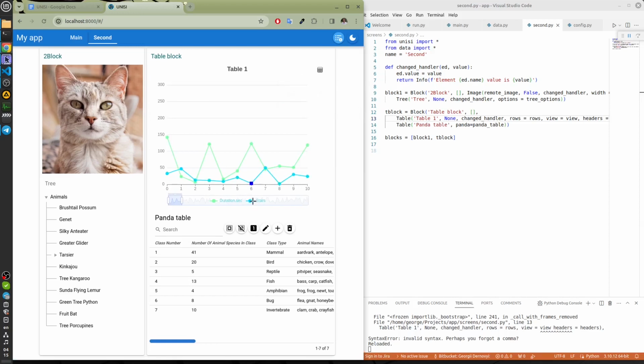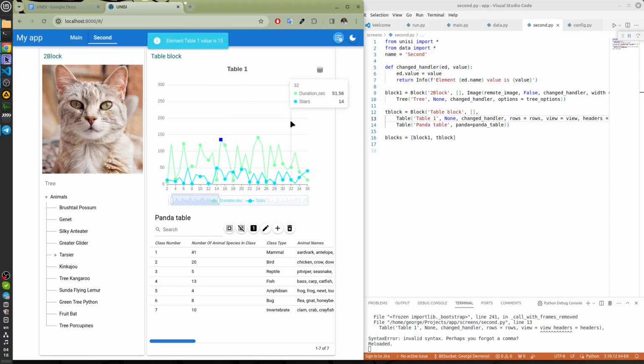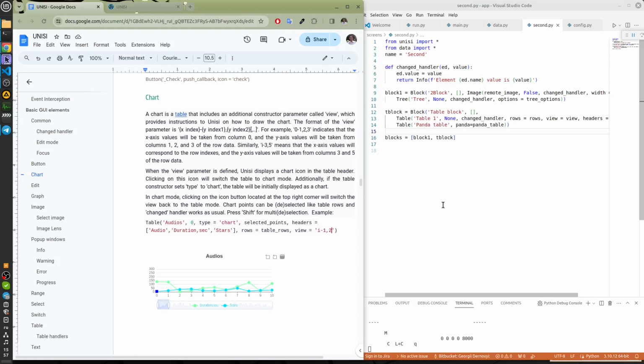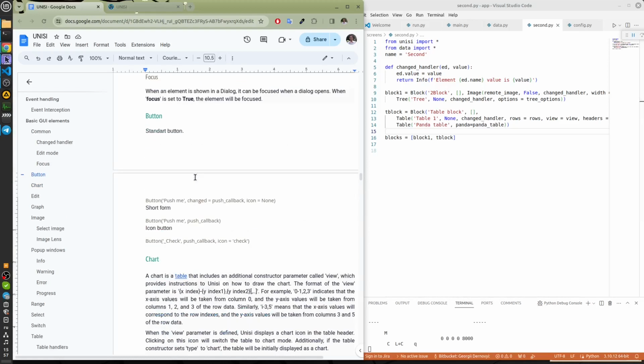In the chart, we can scale and scroll data, and, accordingly, select. Let's consider the param block.